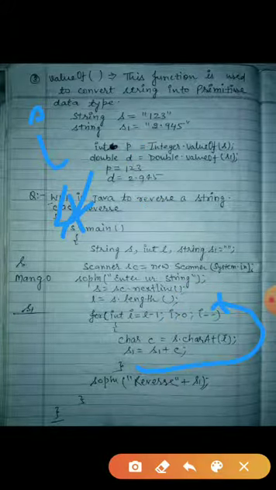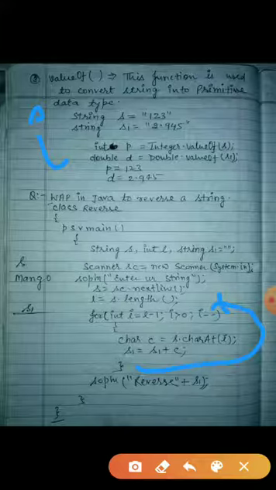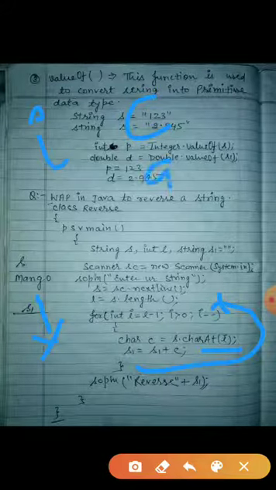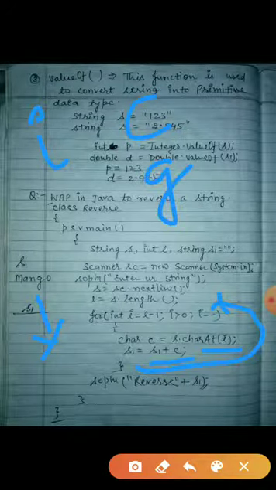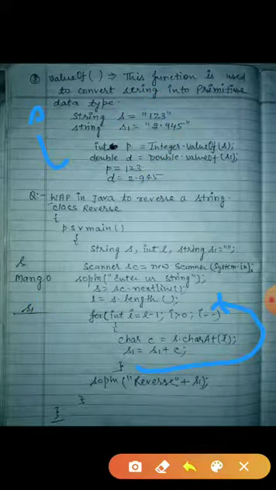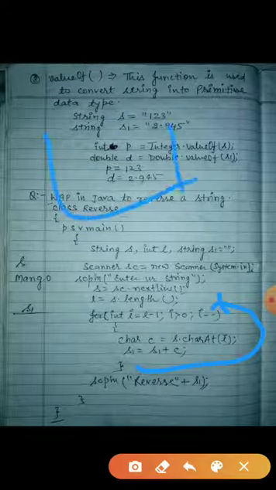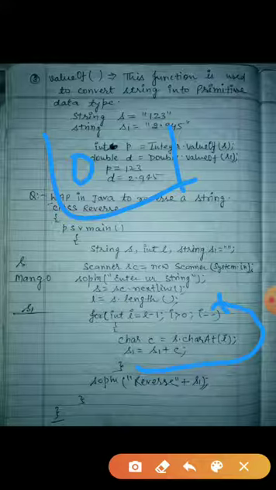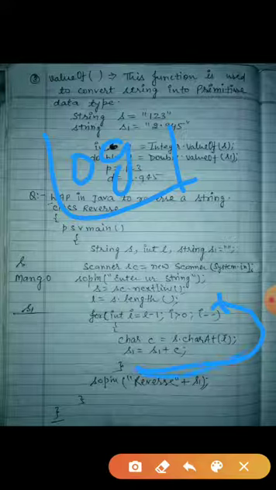Here you can see now s dot charAt 3, because I is 3. What is charAt 3? G. So G will go in C. What will go in C? G. And you know the formula S1 plus C. And what is already stored in S1? You know O is already stored in S1. So look here. S1 is O, O plus G. OG. Same thing here. Again it will go up.